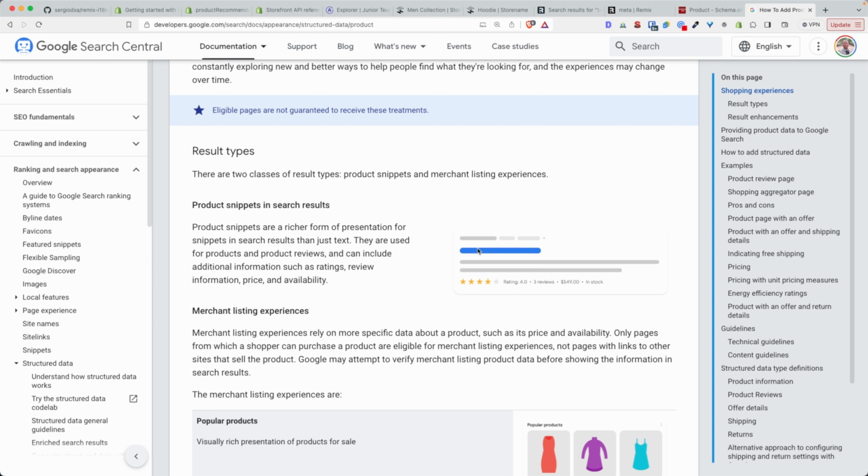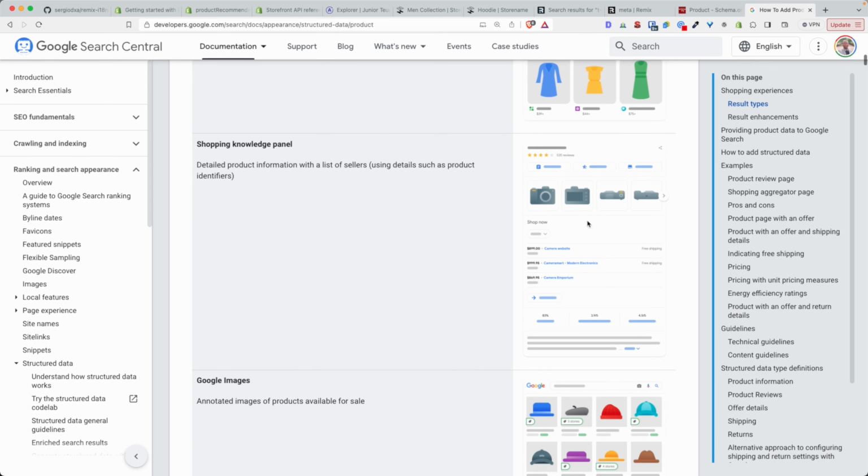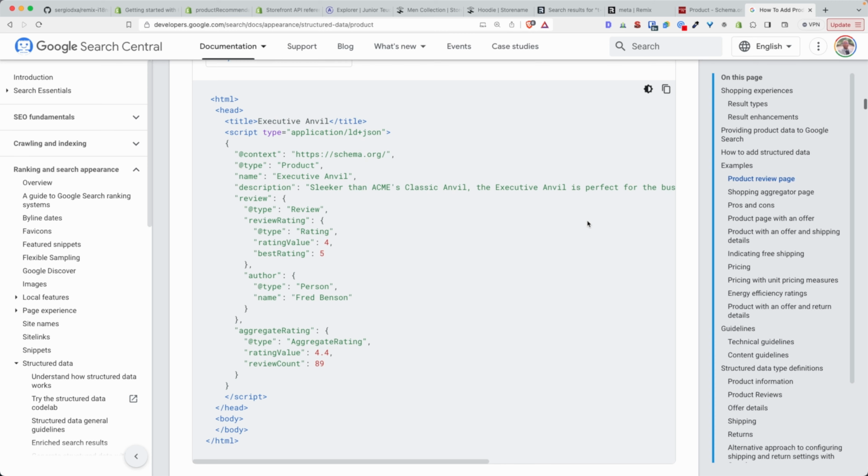All right, so for example, in this case here, you can see that not only is the user going to see the product title, they're also going to see the reviews, the average rating, the price, and if the product is in stock, right? All of which can contribute to the user actually clicking and visiting your website. So not having them is a big loss to our business. So we definitely want to add that, and let's see how we're going to do that in the Shopify Hydrogen